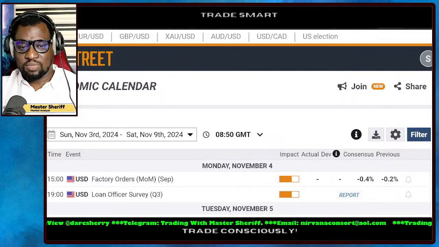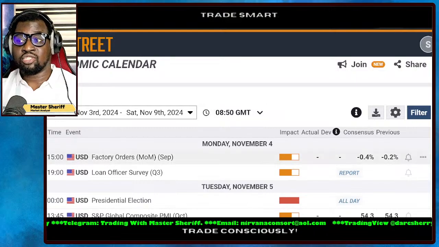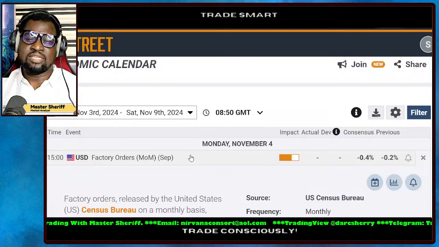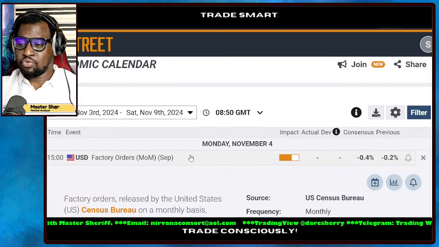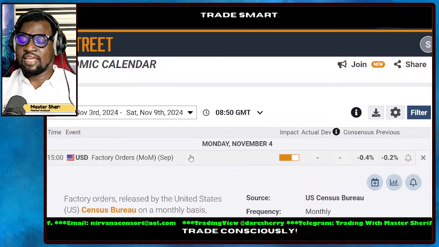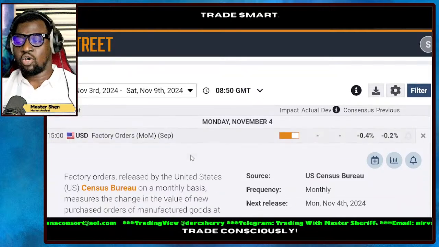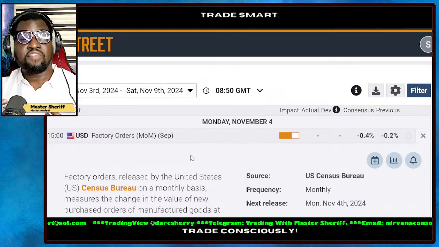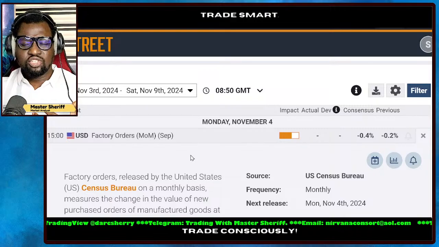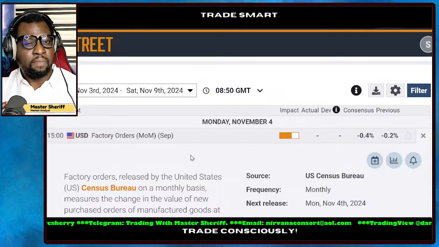United States economic docket. Now, the first one here on the list is the factory orders report from the United States. This report is usually released on a monthly basis by the U.S. Census Bureau. And one thing about this report is that it gives us an insight into the change in the value of new purchase orders of manufactured goods in the U.S. factory. So it's more like an inflation data sort of thing,